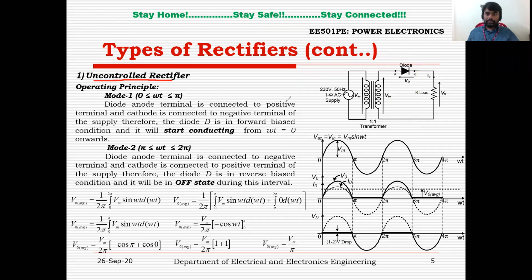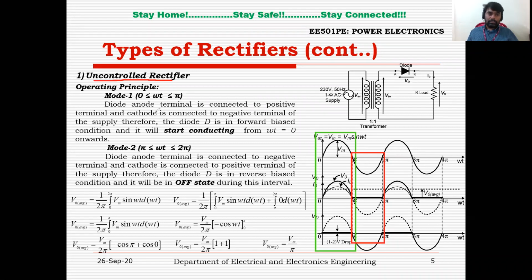Now we'll see the operation of this uncontrolled rectifier. You can see here, I'm going to mark with the blue color, green color. The green color represents that we are going to convert only the positive half cycle with the help of this circuit configuration, right? And now I'm going to mark with the red color. You can see here we are not able to convert this negative half cycle to a positive half cycle with the help of this configuration. So that is why I have marked the green and red color here.